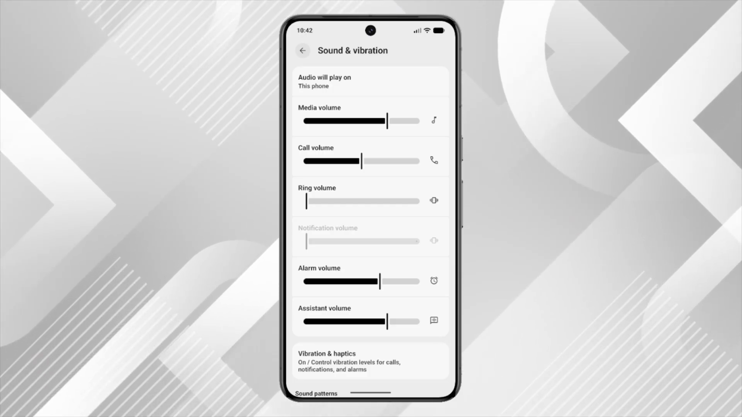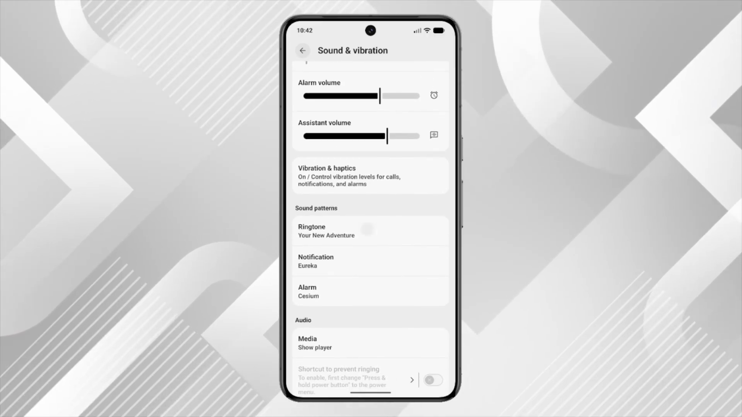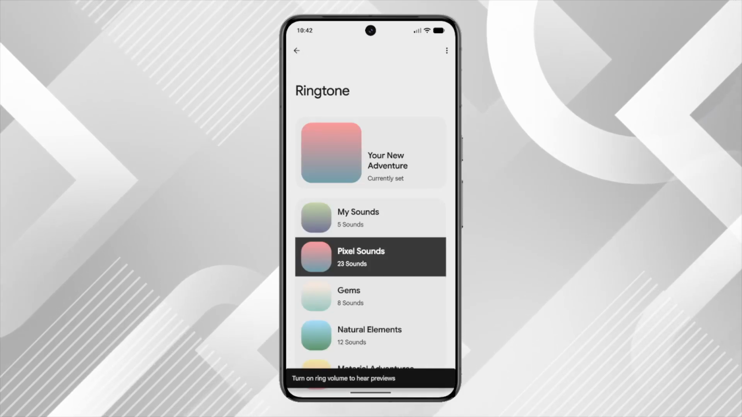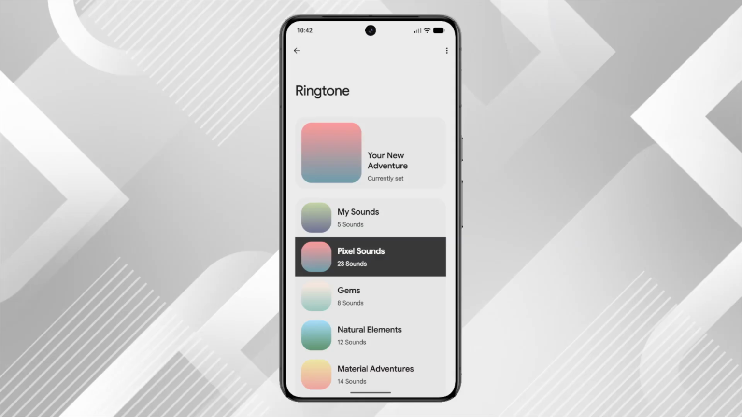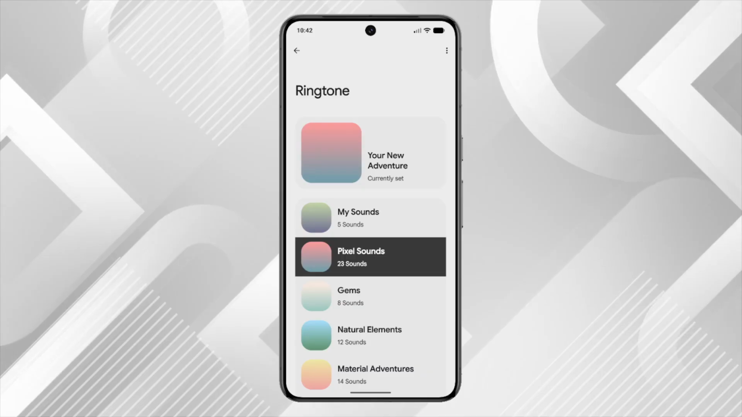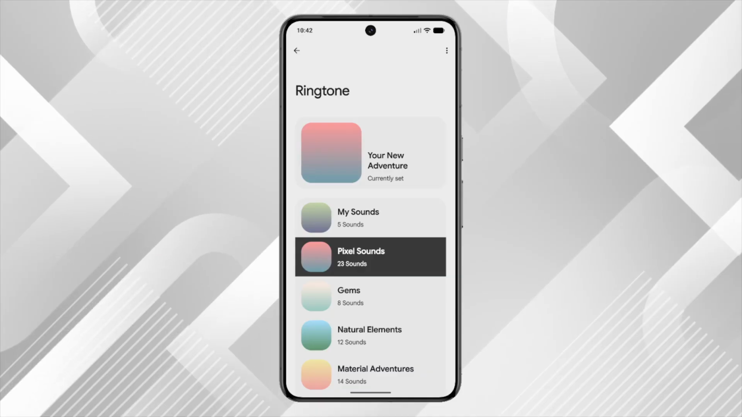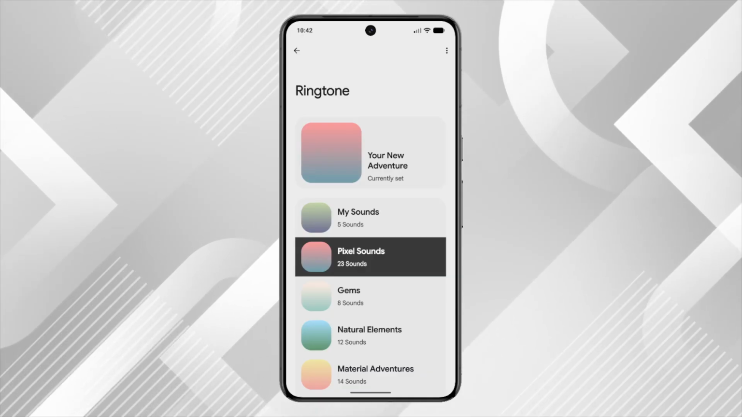Now scroll down through the sound and vibration menu until you find the ringtone option. Tap on it to access all your available ringtone choices. This is where you'll be able to customize what plays when someone calls you. When the ringtone menu opens, you'll notice different categories of available ringtones displayed on your screen. Google organizes these into various groups to make it easier to find the perfect sound that matches your style or